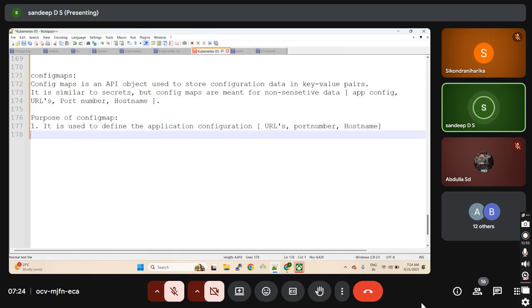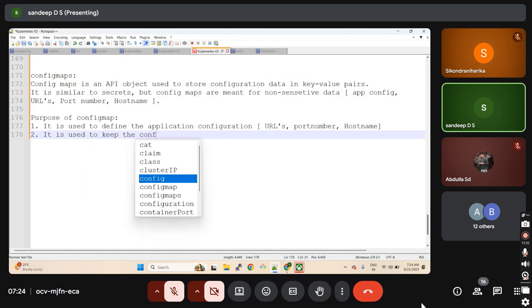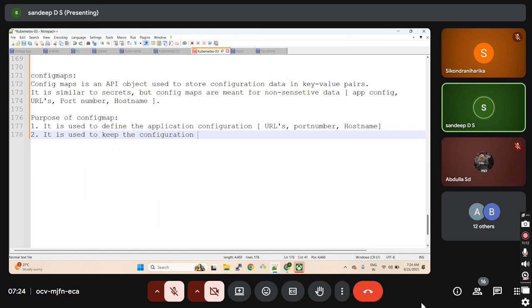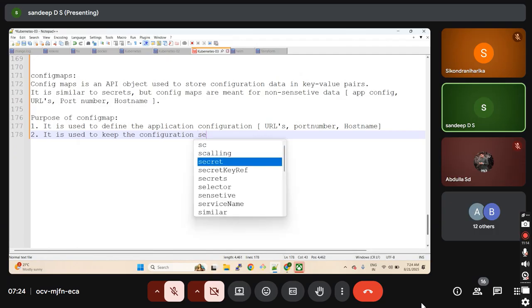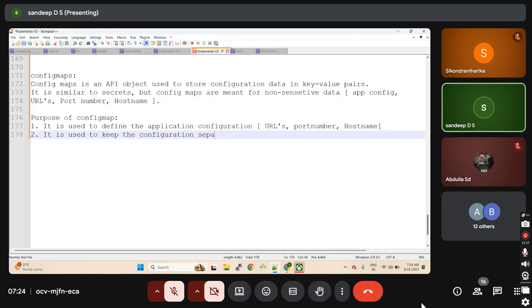And similarly the second point is that it is used to keep the configuration separate from container